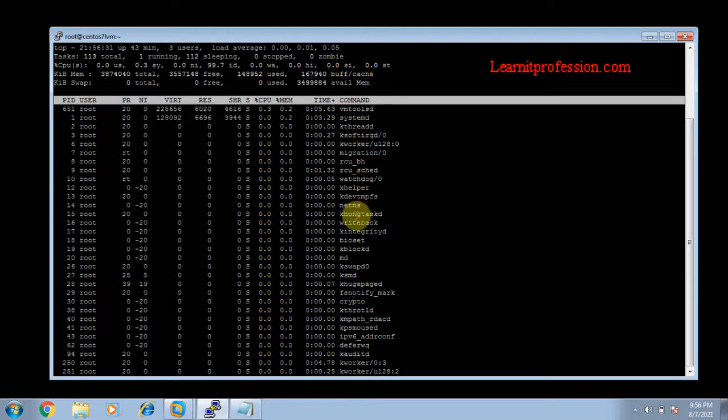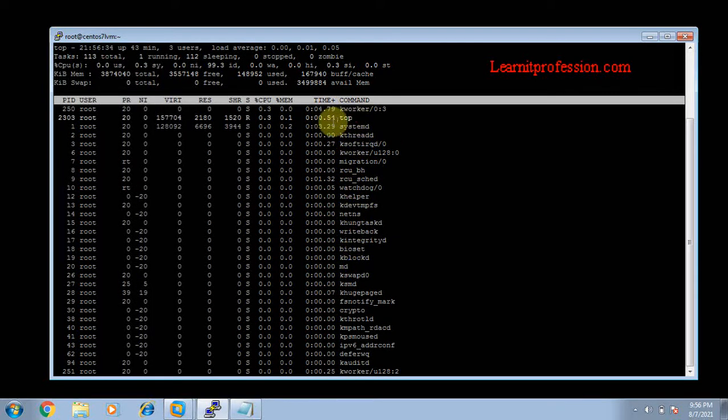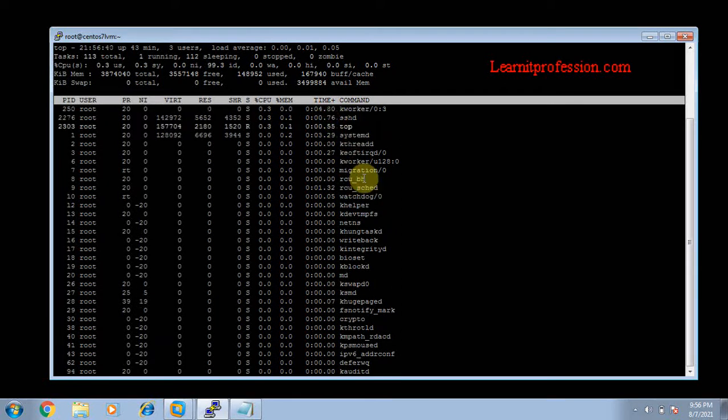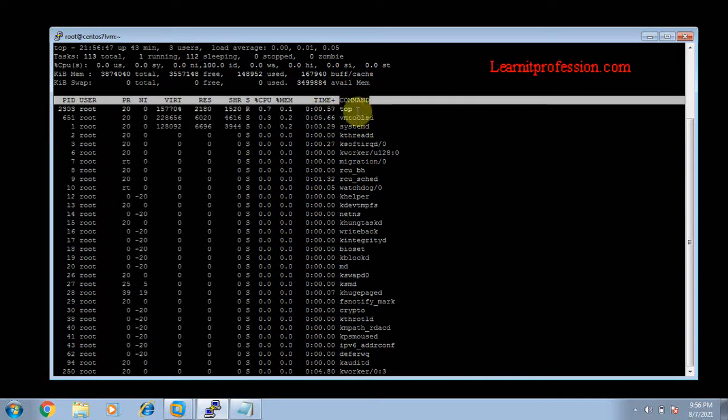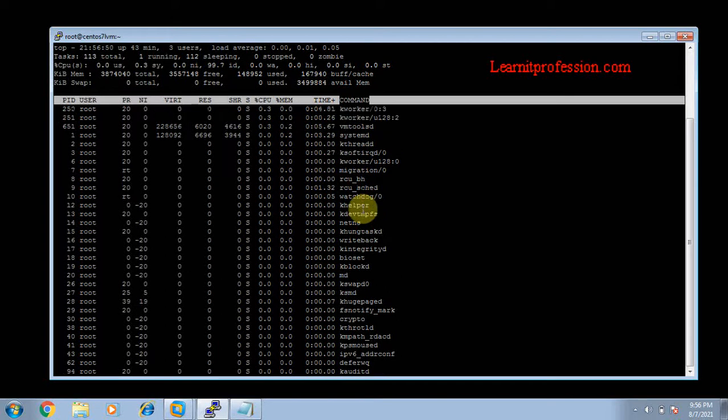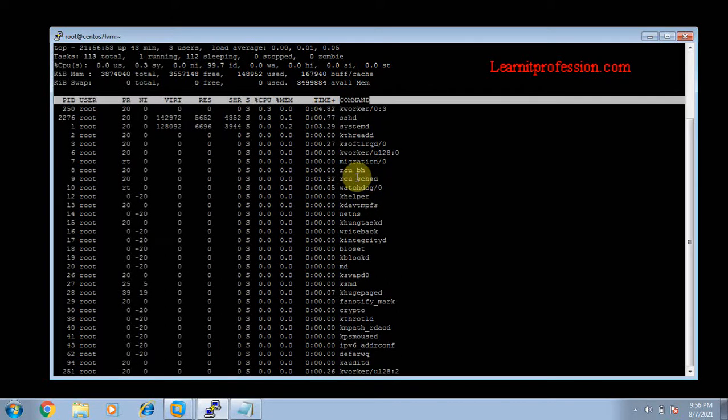I just ran the top command and it has 54 seconds, now 55 seconds. COMMAND means which command is used for the process. When I type top, it shows top as a process that consumes CPU and memory, like shared memory, resident memory, virtualized memory.